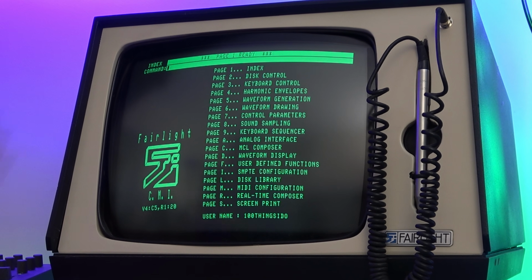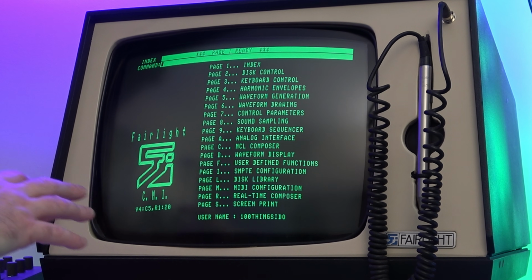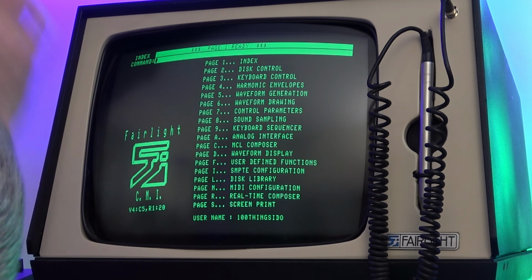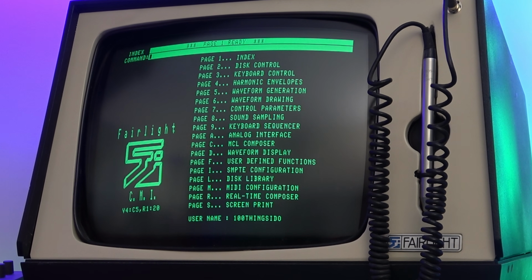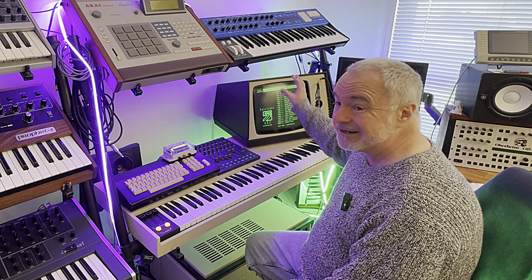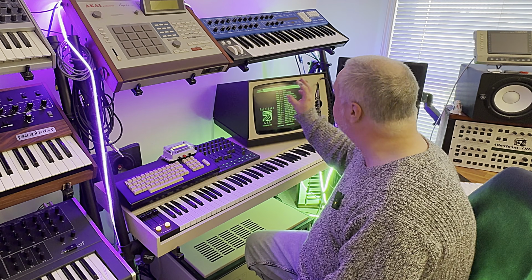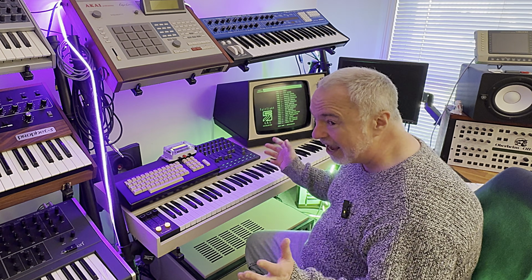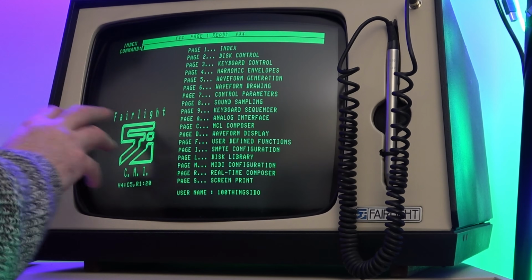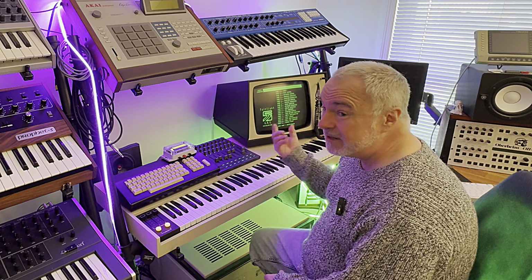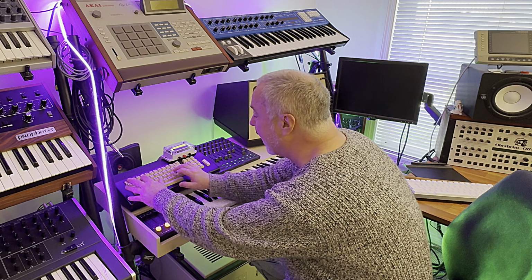When you fire up a Fairlight and you're running the CMI software, the first thing you get is the menu. Now, for those that maybe are not as old as me, back in the days before graphical user interfaces became a thing, this was considered much more user-friendly than entering commands into the command line and doing that whole Unix type thing. One of the amazing things about this is we've got graphics as well as text, both high quality. At any time you get lost in the menu, you can type help,